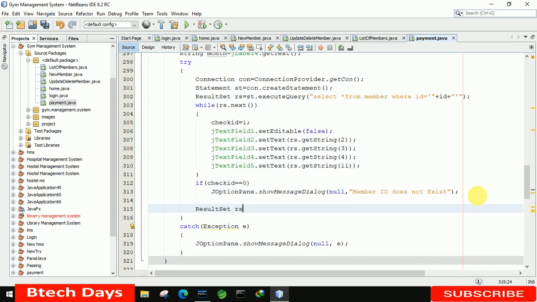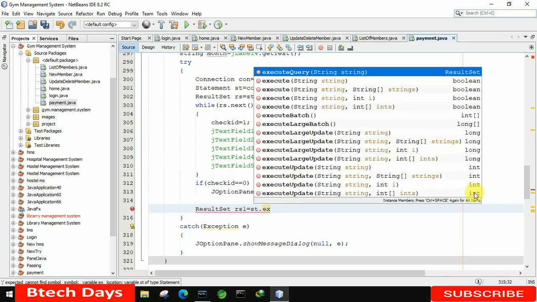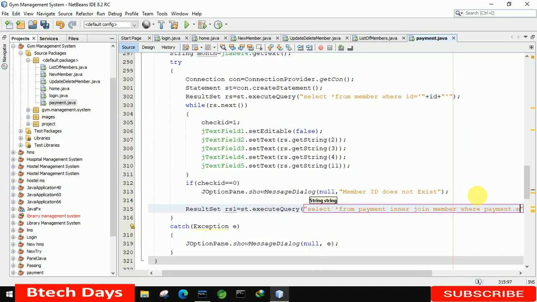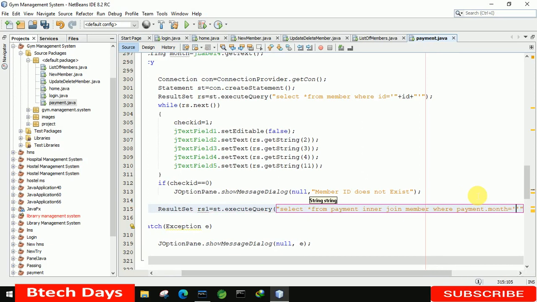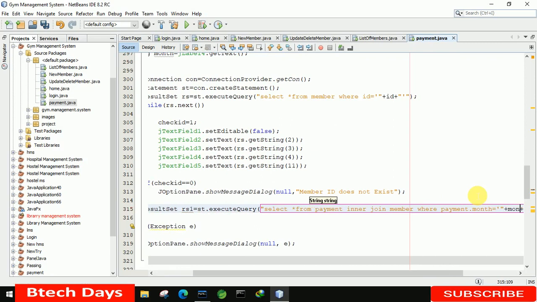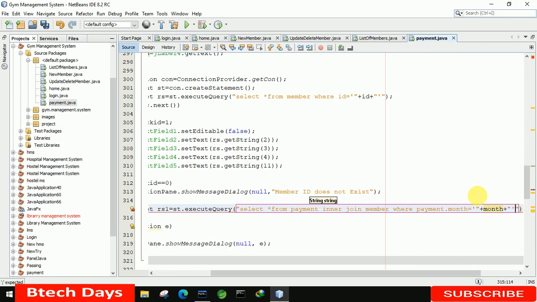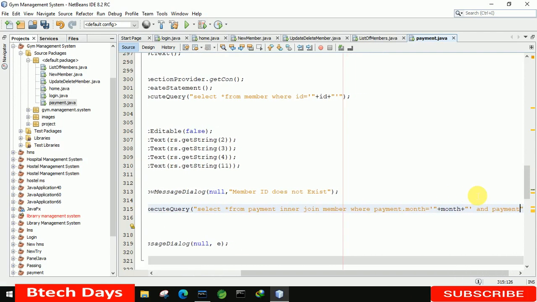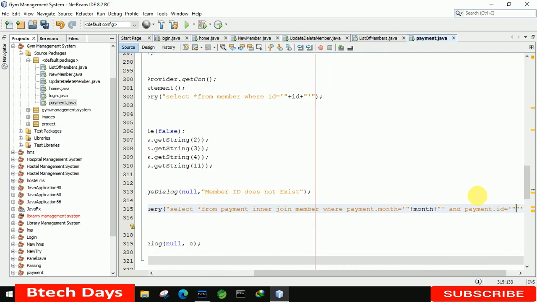ResultSet rs1 equals st.executeQuery. We have to select star from payment join member where payment.month is equal to single quote, double quote plus month, let me complete this month, and payment.id is equal to single quote, double quote plus